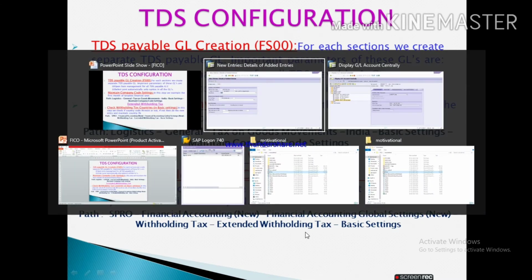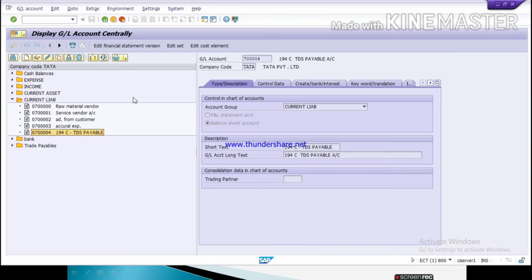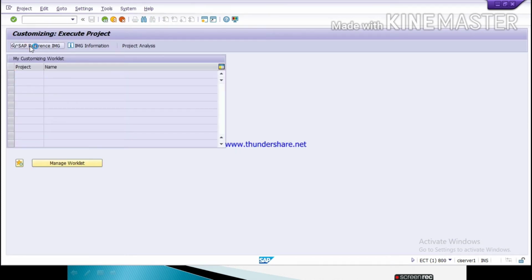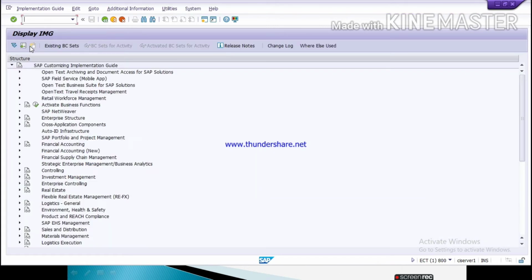Go to SAP. Run the T code SPRO. SAP reference IMG. Financial accounting new.